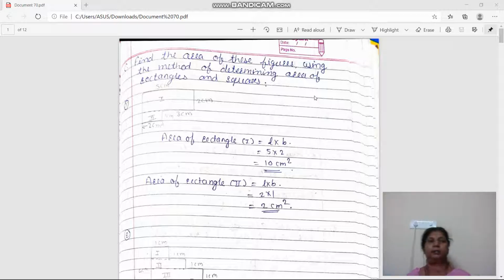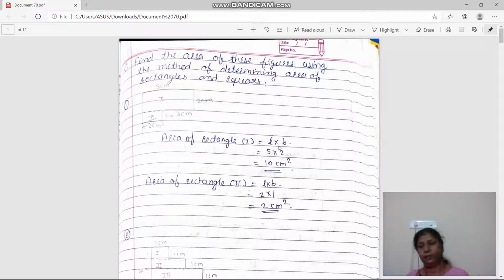So let's start seeing. Find the area of these figures using the method of determining the area of rectangles and squares. Okay, so you have to determine whether the figure is rectangular or square. Fine. So let's see the first figure. Also, you have to split the figure into small rectangles so that you can calculate the areas. Okay, so see, I have split it into this first rectangle and this one is the second rectangle. So area of first rectangle is equal to